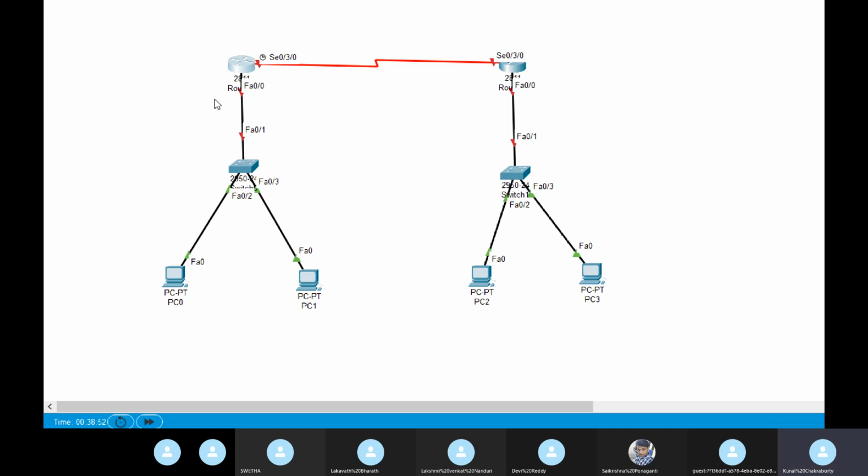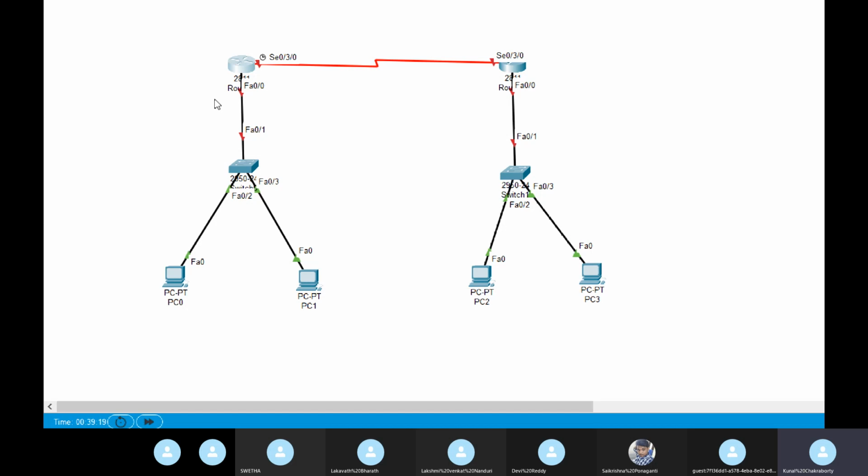Similarly, for class B, 65,536. And for class A, 1,67,77,216, that is about 1.67 crore. You need to remember this.